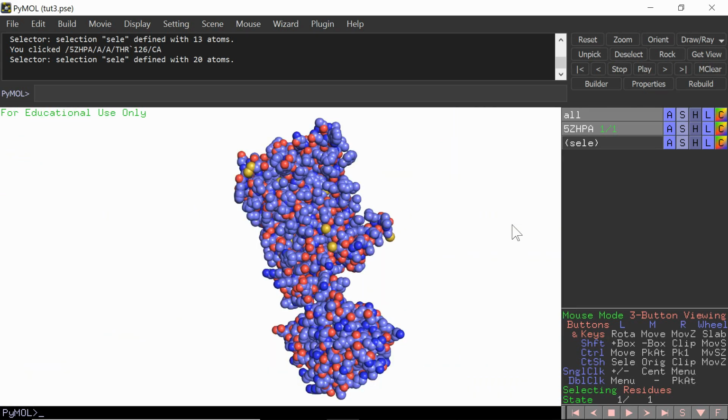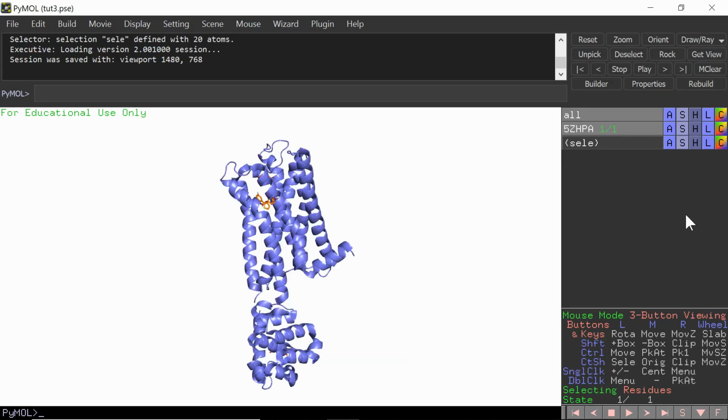Here's a poor usage of spheres. Just like lines and sticks, it's being used to represent the entire structure, which isn't very useful because you don't get too much detail here, and you just see a bunch of spheres instead of actual features such as alpha helices and beta sheets. Now that we've reviewed some best practices and common mistakes, it is time to implement them